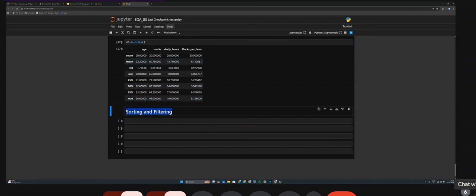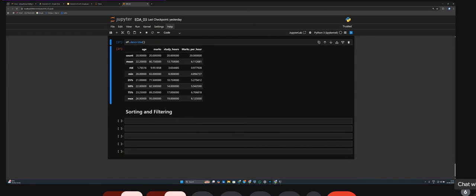Everybody knows what sorting is, right? Sorting and filtering. You do that in Excel also, with your data set. So sorting in pandas, which is a very powerful